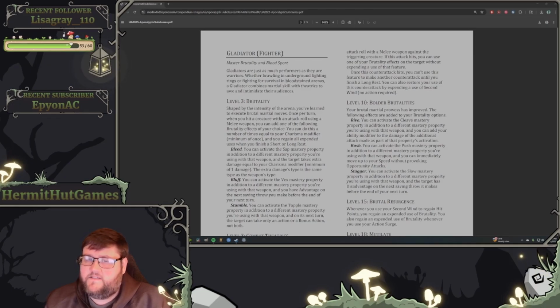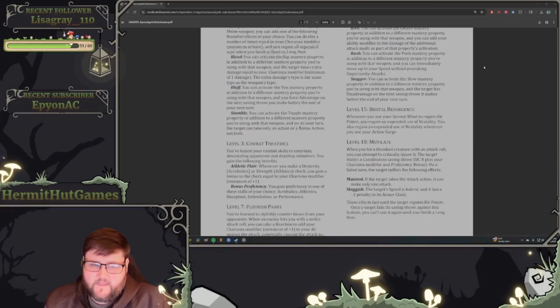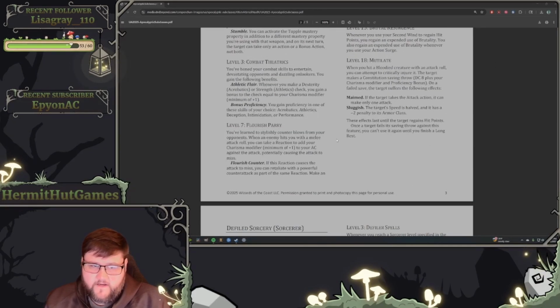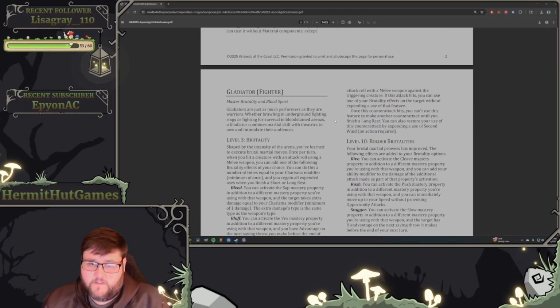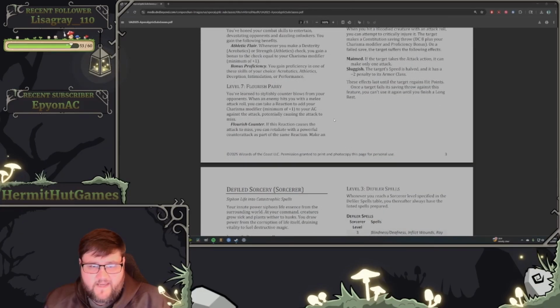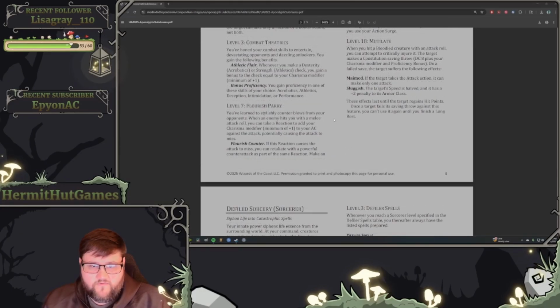I can see the thought behind it. I'm not crazy about it. But the actual Flourish Parry, level 7, it's great. It feels really thematic. You parry. If you succeed, you can make an attack. That's really cool. Honestly, with how strong the reaction attack you just get when somebody approaches you from Polearm Master,